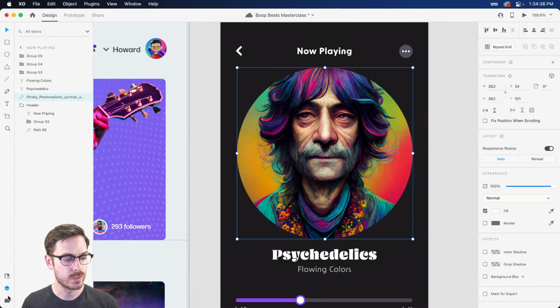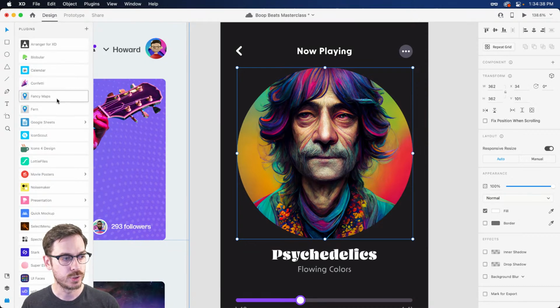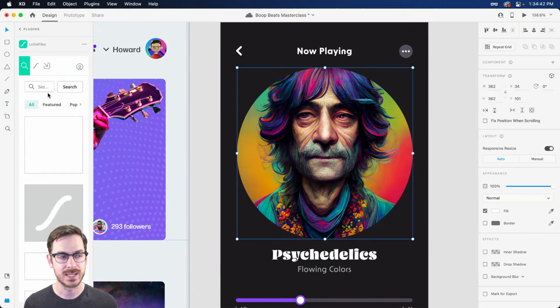So if we hop down here to our plugins, we can go to our Lottie Files plugin, which is wonderful because it gives you access to thousands of free Lottie animations that you can use in projects. You can also go to lottiefiles.com and you can browse there as well. And someone reminded me last week that you can also change the color of some of the Lottie files directly on Lottie files. So you can type out something like sound waves,